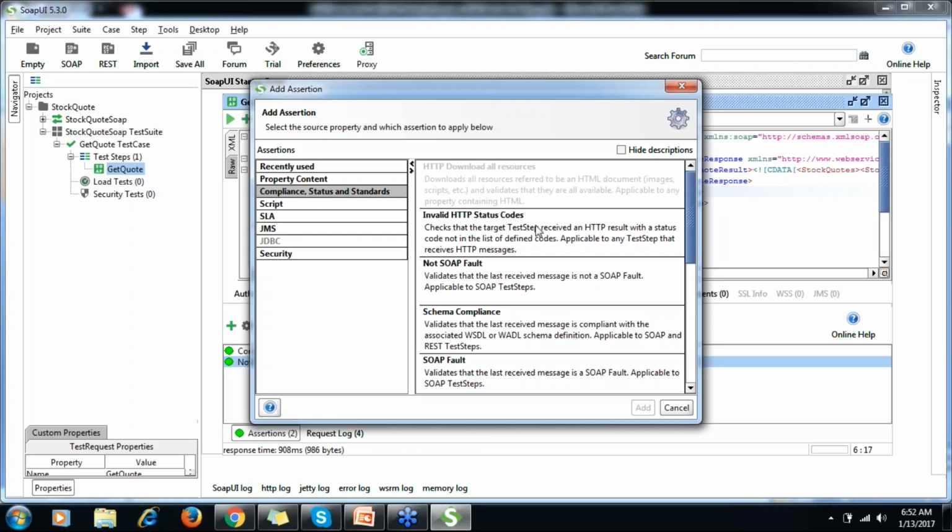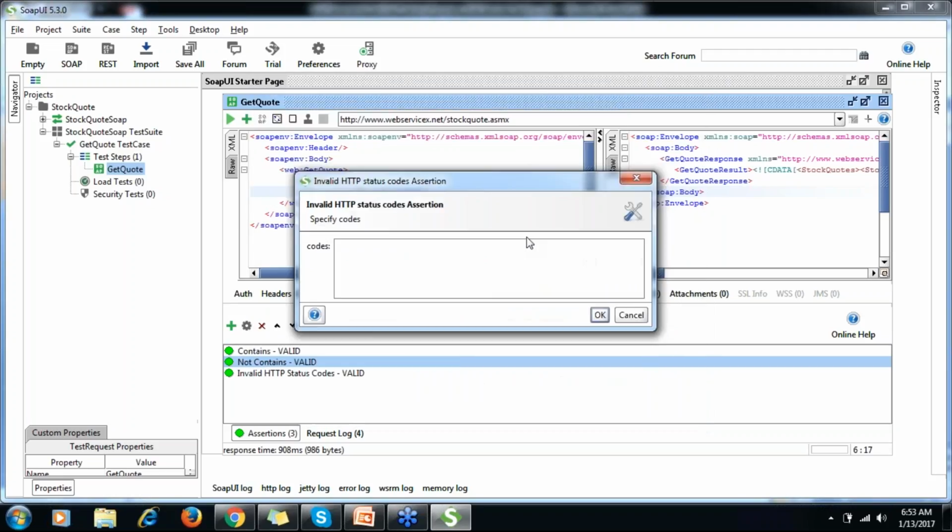The first one is invalid HTTP status codes. It says it checks that the target test step received an HTTP result with a status code not in the list of defined codes. So there should be no codes like 1, 2, 3.